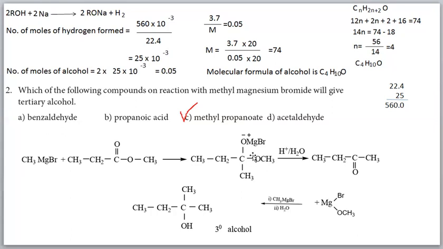Similarly, this side is also cleaved. Water splits into H and OH. H will go to oxygen, OH will go to the carbon. So now this group is removed, this group is removed, and this carbon now has two OH groups. Already we studied that when two OH groups are attached to the same carbon atom, the compound is unstable. So from the two OH groups, one water molecule is removed. The remaining is C=O. This compound we will get is a ketone.